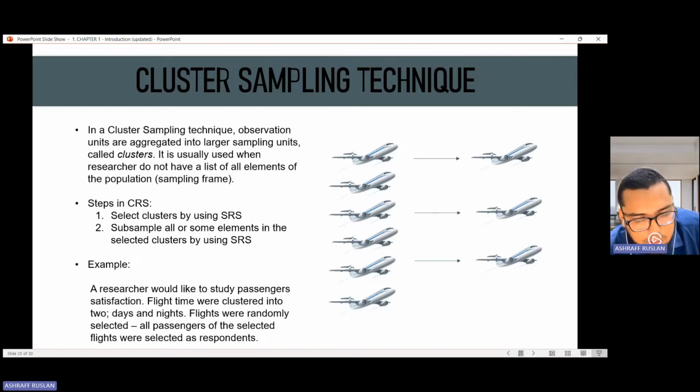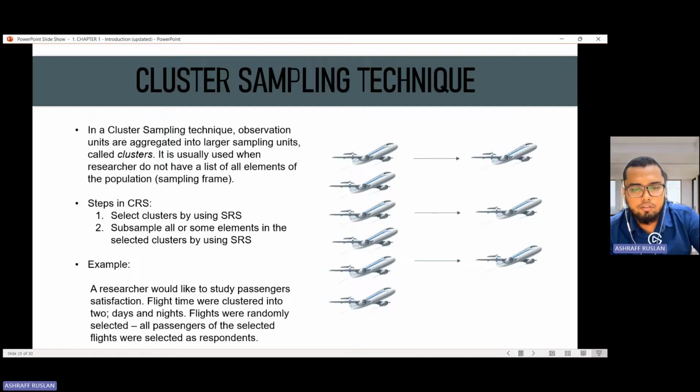Cluster sampling yang selalu kita dengar semasa time COVID phases tu. Okay. Tapi the easiest way to understand cluster sampling adalah kita choose cluster tu dulu. We choose the cluster using simple random sampling. Contohnya, dia nak tengok passenger satisfaction. Okay. Nanti kita berkenalan lah later on dalam kelas. Jadi my previous experience before.